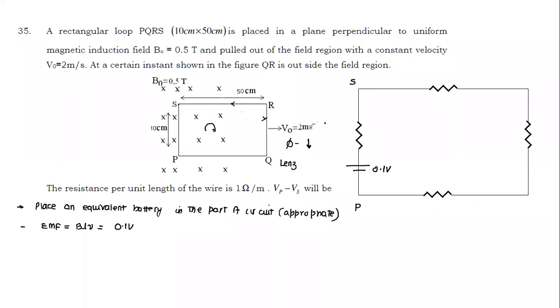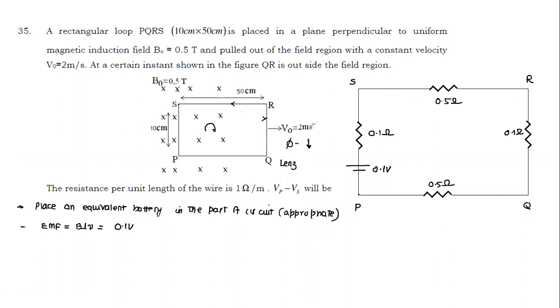And what are the resistances here? Let's mark the resistances also. This is 10, so this will be 0.1 ohms. This also is 0.1 ohm. And this will be 0.5 ohms, and this is 0.5 ohms. Now I have the circuit here. Calculating the potential difference between any 2 points is simple. I can solve it by applying the Kirchhoff loop rule, traversing the circuit. So between which 2 points do we need to find the potential difference here? We need to find it from P to S.